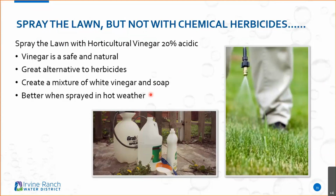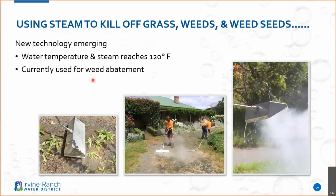Now, one thing is the new technologies that have been emerging: using steam to kill off grass, weeds, and weed seeds. There are companies now that do this. Actually, at the district, we are using steam for weed abatement. It's completely eco-friendly, right? Because we are using water. The steam reaches high temperatures, and you just move the steamer right over your plant material